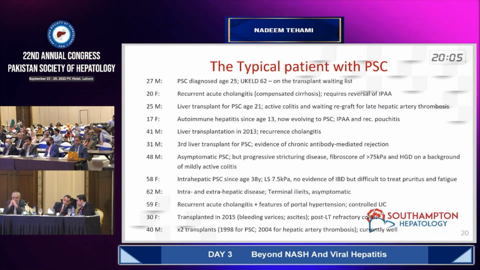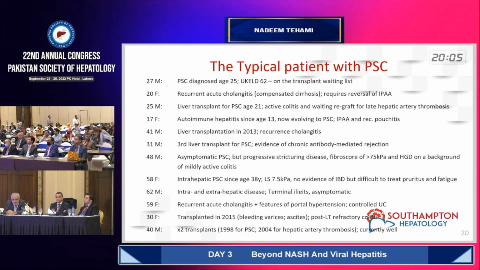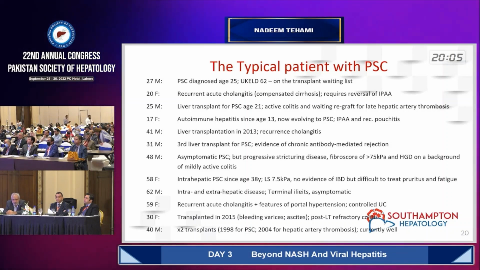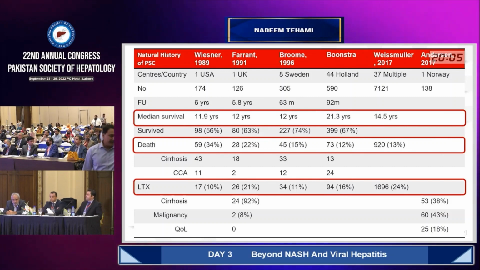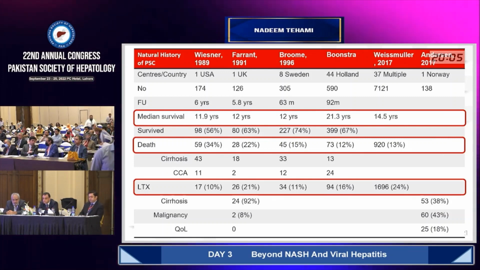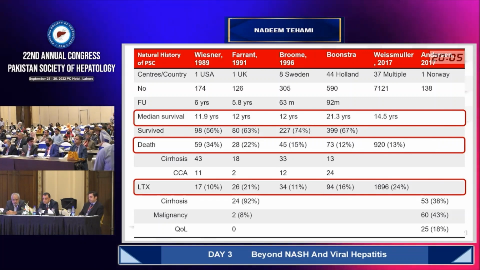Unlike PBC, we do not have a typical patient with PSC. We do see it in patients who are young, but unfortunately, we see quite a heterogeneous spectrum of disease, from someone presenting early to someone presenting quite late with significant complications of the disease. And this is what is shown by the data, that it is unfortunately a condition with significant mortality and reduced survival. Despite all this, unfortunately, it does not seem that the majority of these patients are referred for transplantation,